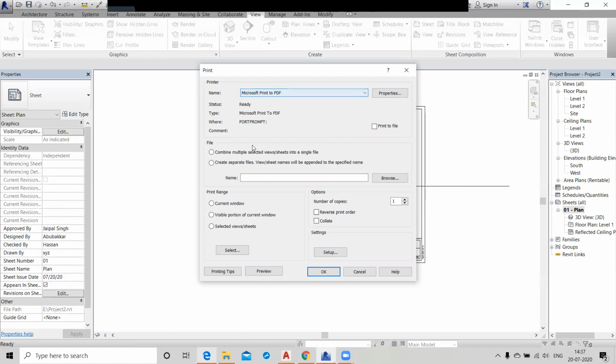Click on compile multiple view sheets. This is your current window, and click on the preview button. Just select browse.